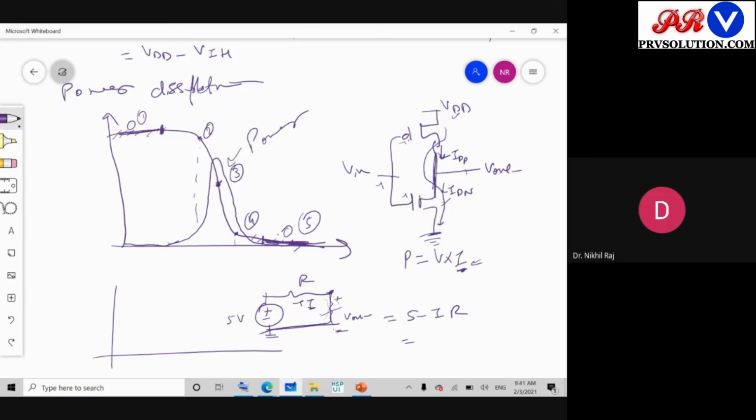Fine. So now, since we know there is a short circuit, अगर हम supply से direct short कर दें ground को, then an indefinite amount of current can flow. Okay, so that can damage the device. So how to protect this one? अगर हम static power reduce करना चाहें, then how can we reduce this static power? Any observation?